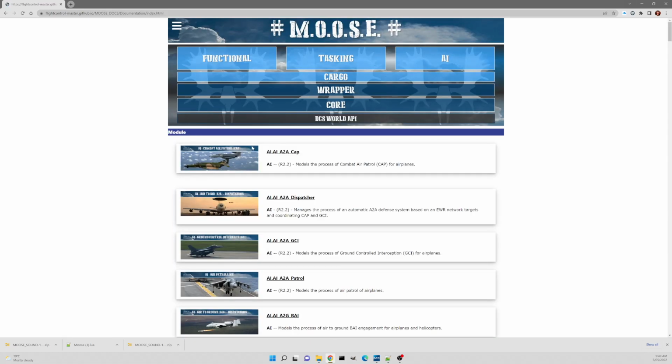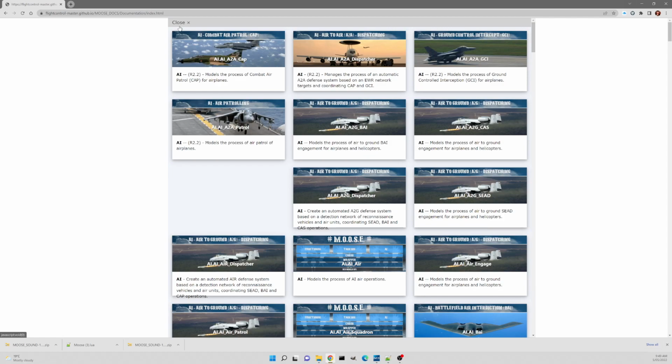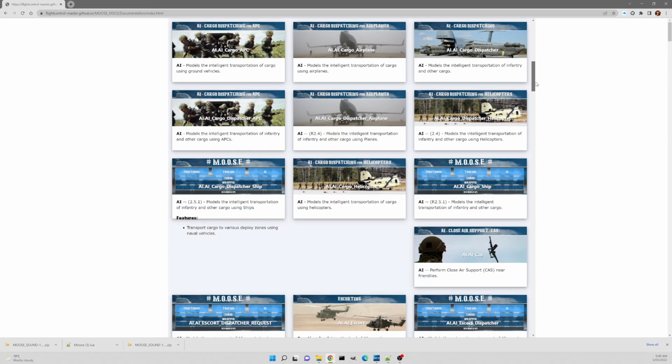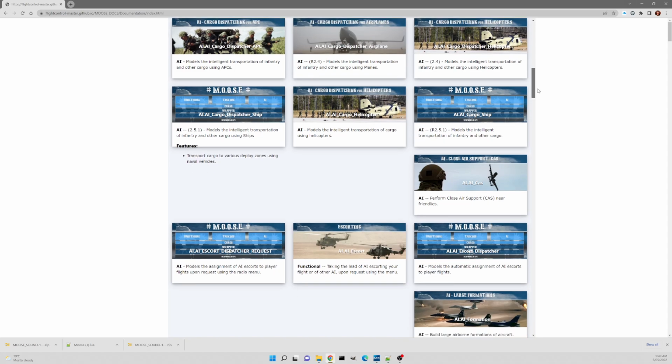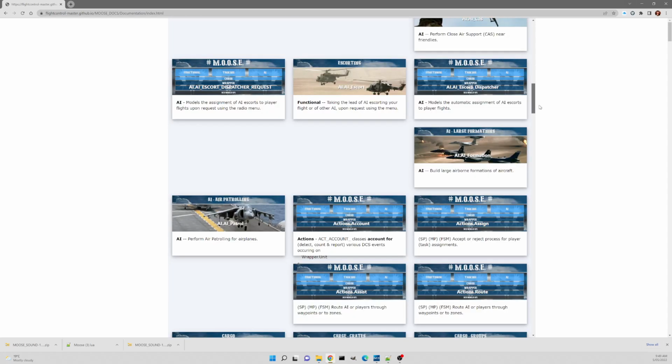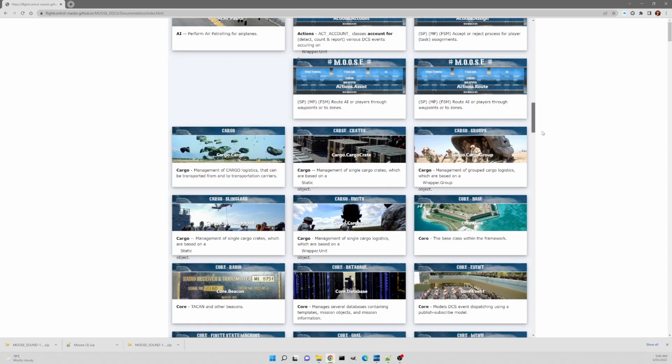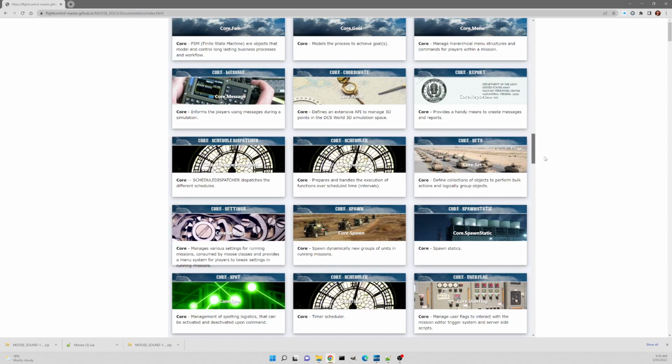And you've got each Moose class listed down here. Now, they probably don't mean a lot to you, but as you start using it, you'll start to understand what they mean. You can access from this hamburger menu up the top, I find is easier because it brings them up like this and you don't have to scroll so much. We scroll down all the different classes and all these are contained in the Moose script. So if we keep coming down to, say, Ops Airboss down the bottom,